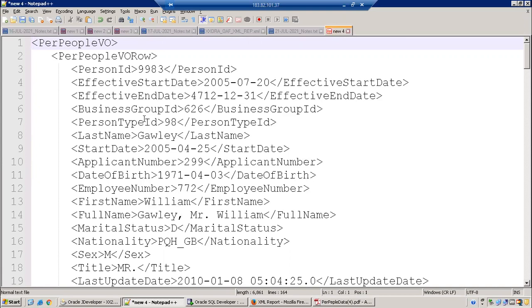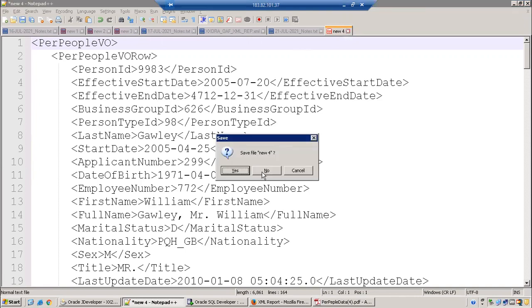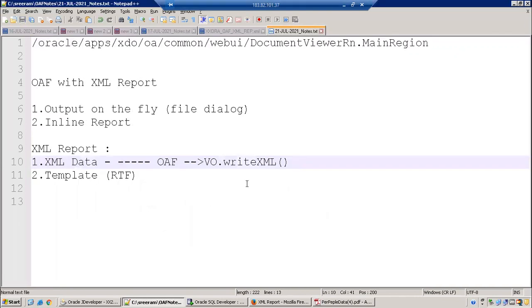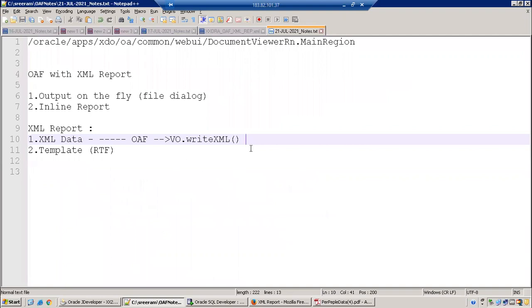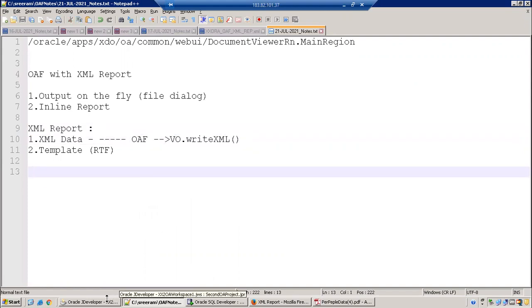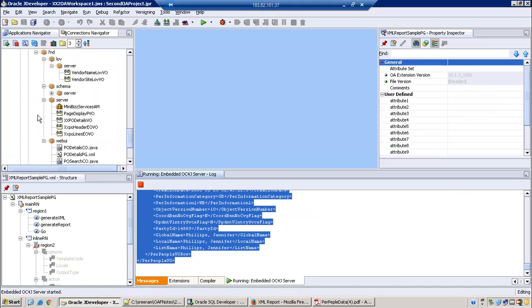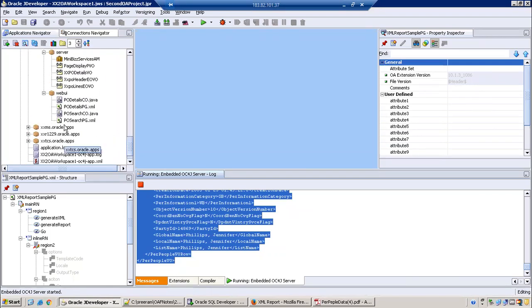Got it? Now there is a good amount of Java code behind it. I will not go into that right away. We'll start step by step. The first functionality we have to achieve is generating the content in XML format, and then designing a template. So we'll try to incorporate this functionality in our mini project.